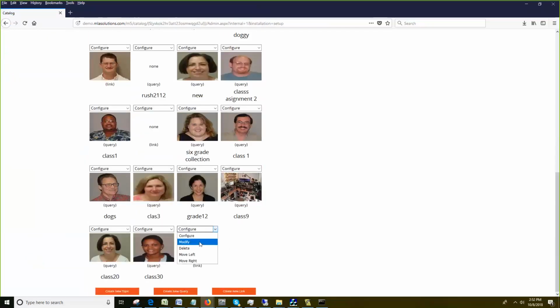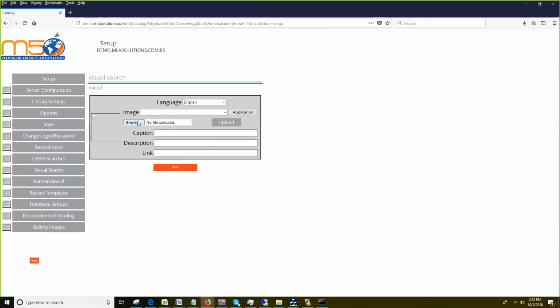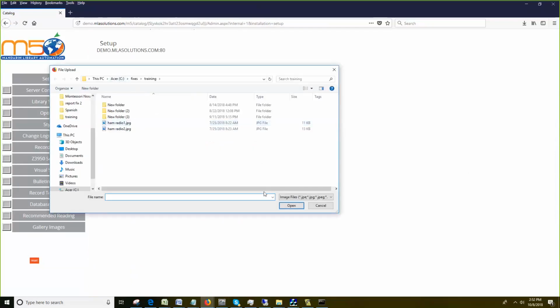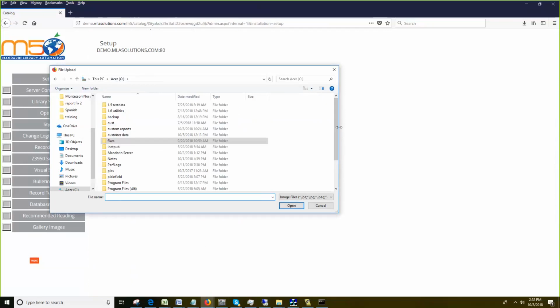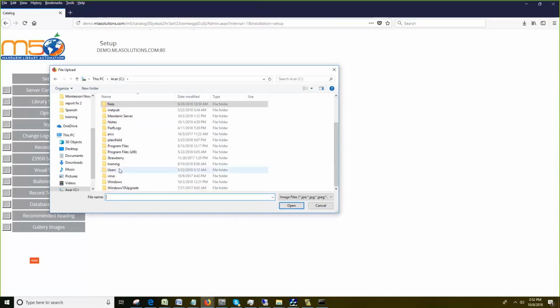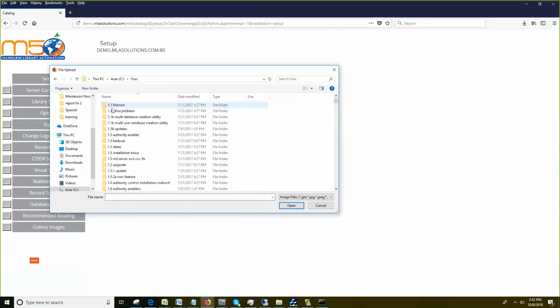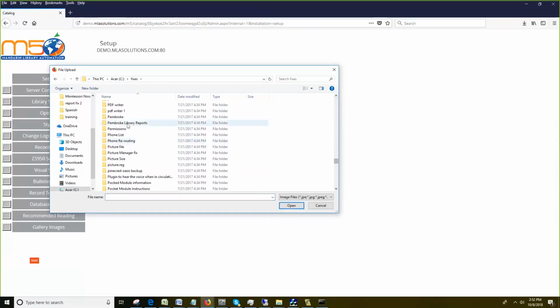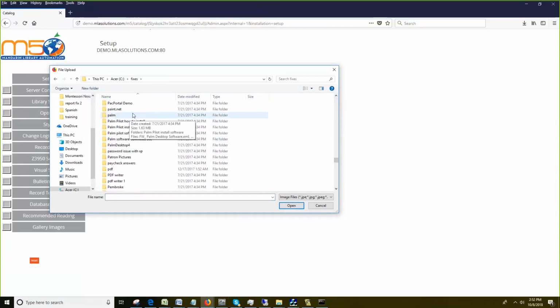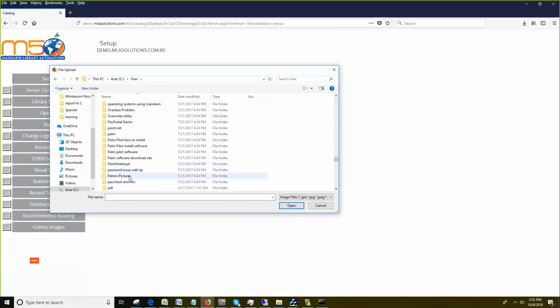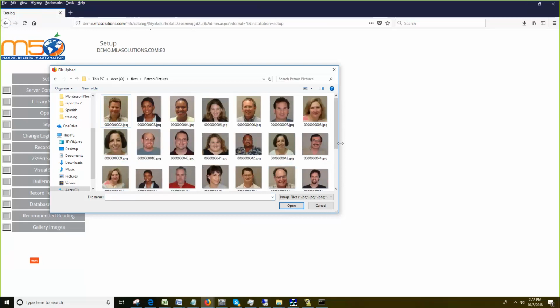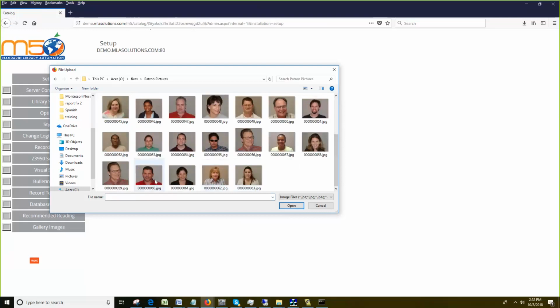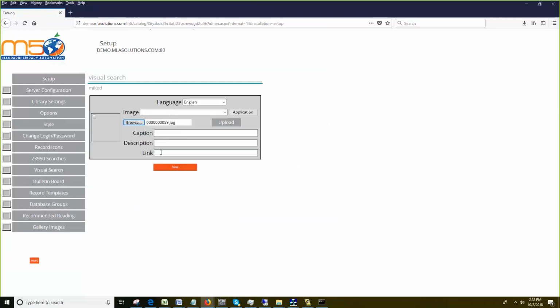I click here, go to modify. I'm going to browse for an image. You always want to browse for the image first, because if you fill in those fields and then add an image, it's going to erase the fields. So let's see, I'm going to go to my Patreon pictures, and then I'll add a picture here. And then I'll give it,